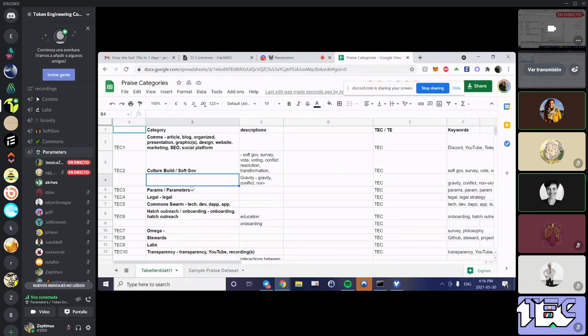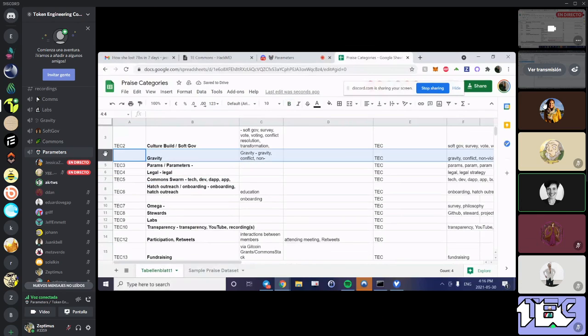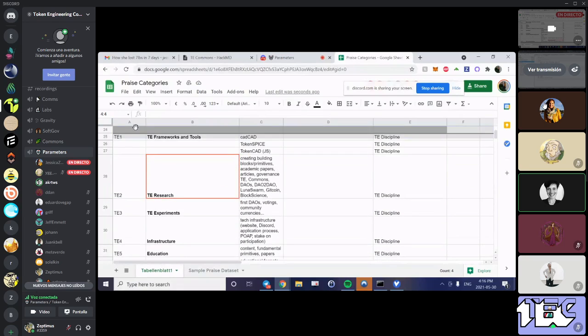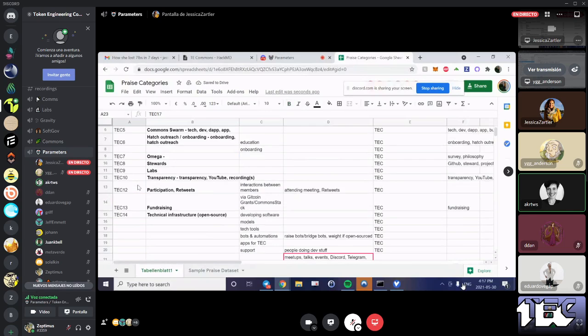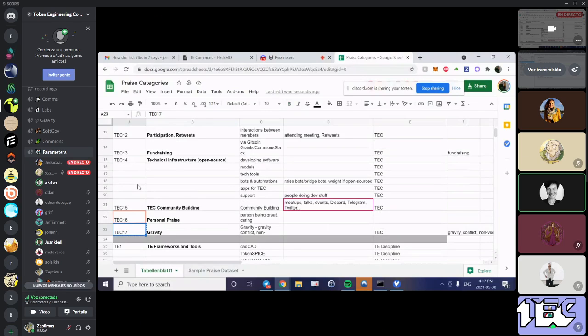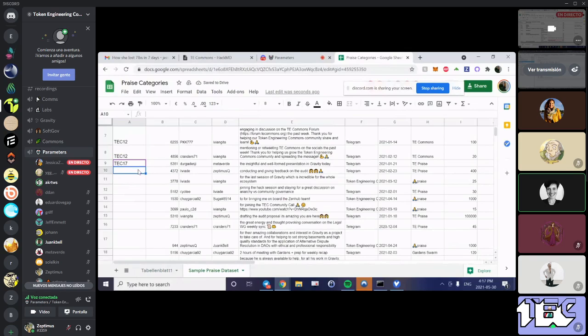Okay, and then I don't see a Gravity group. Oh, we put Gravity under soft gov. Should Gravity be its own bucket? Well, I think Gravity is a working group and it can be a bucket, but I'm a little concerned about making these buckets, because I remember that for the first rounds we tried this tiering system, and it's difficult.